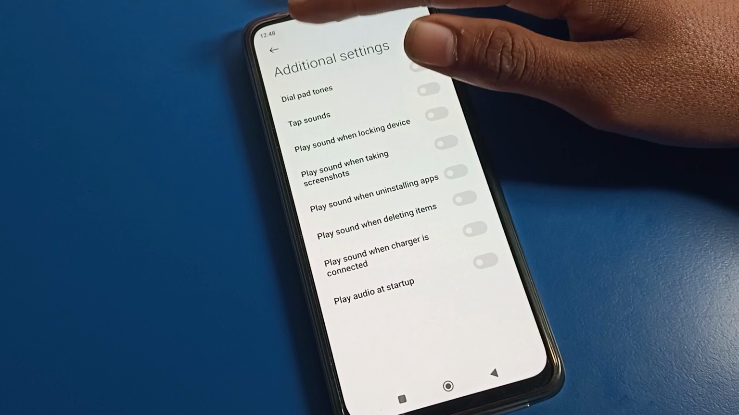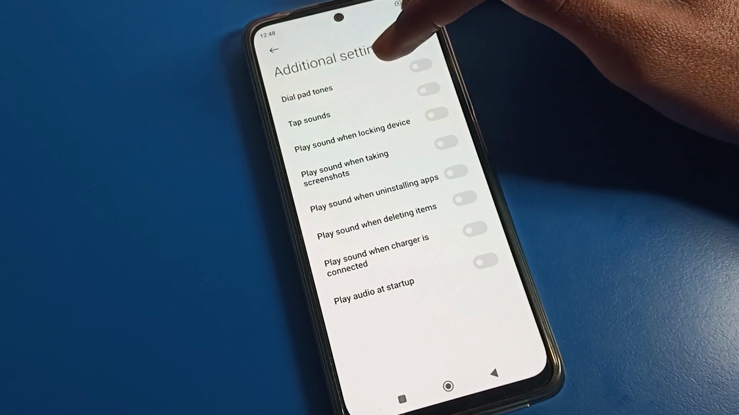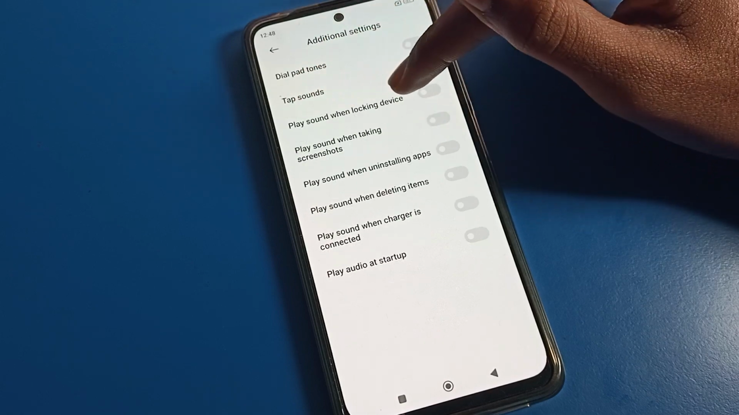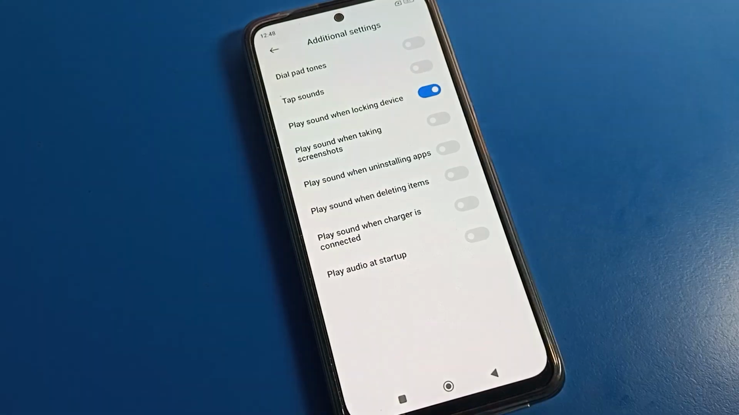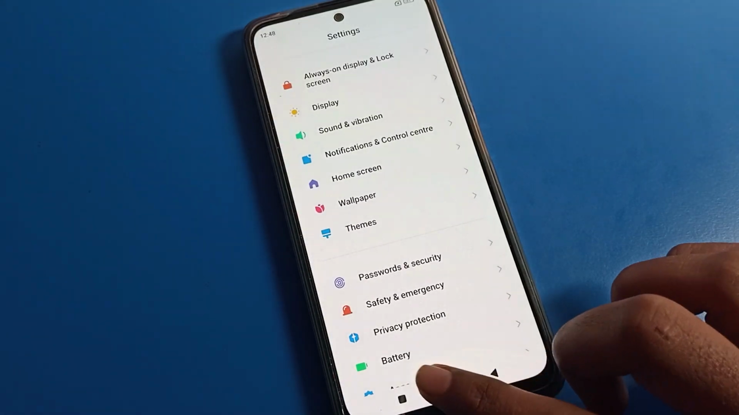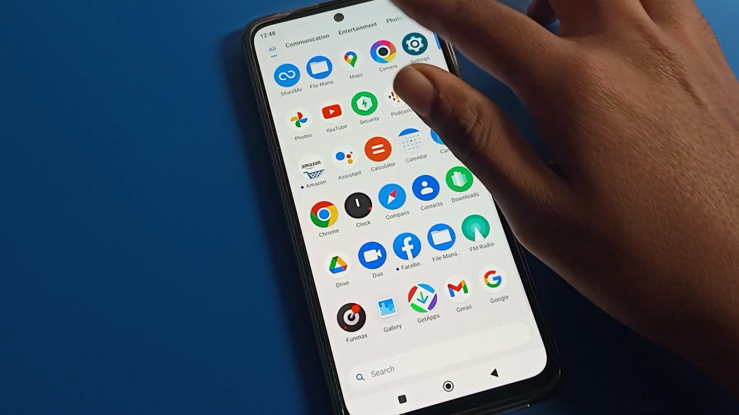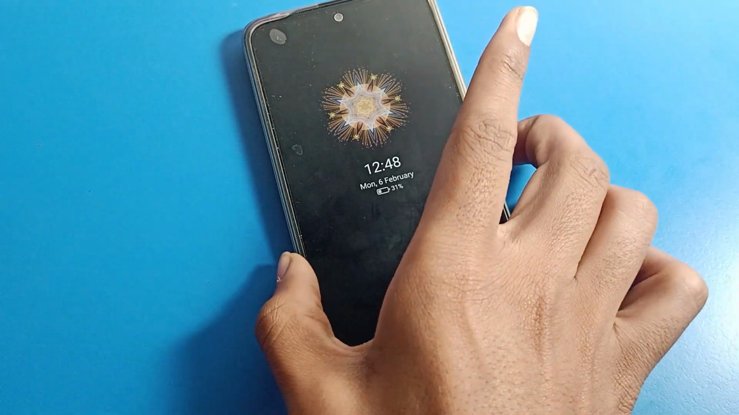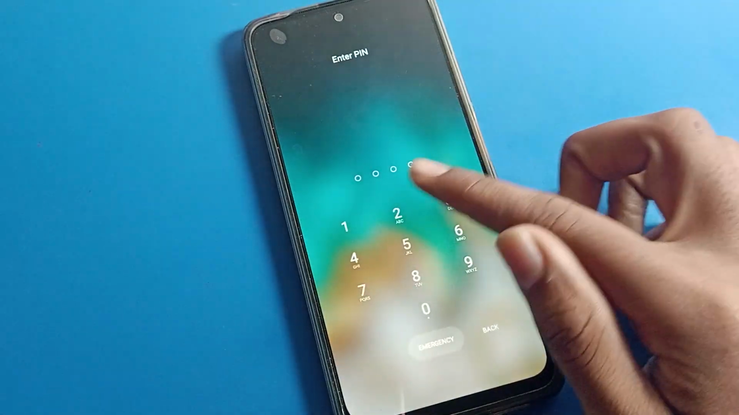After opening additional settings, you can see dial pad tone and tap sound settings. Friends, you can see play sound when locking device. So friends, first we will turn it on. After turning it on, come back. Friends, when you lock your phone, you can use your lock sound, and you can use your unlock sound. So when we unlock our phone,